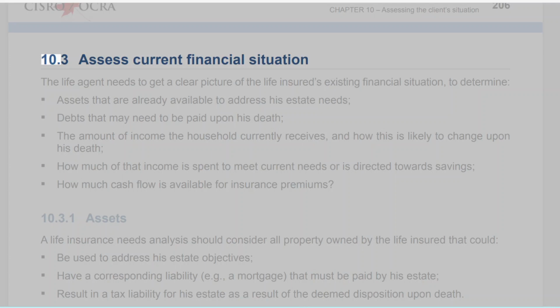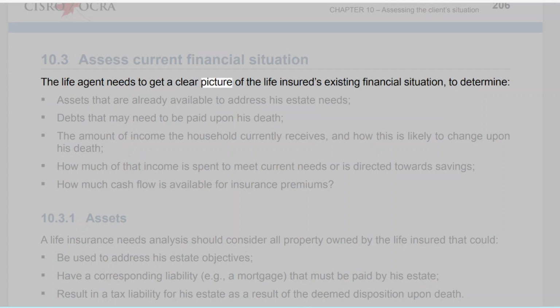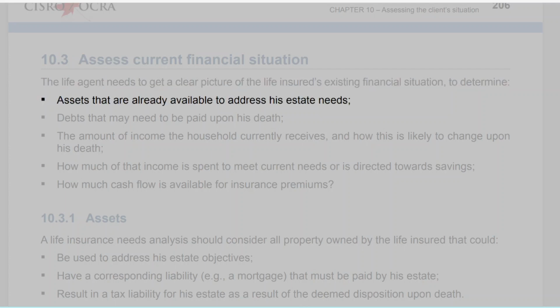10.3 Assess current financial situation. The life agent needs to get a clear picture of the life insured's existing financial situation to determine: assets that are already available to address his estate needs,